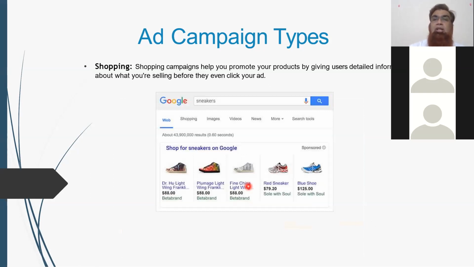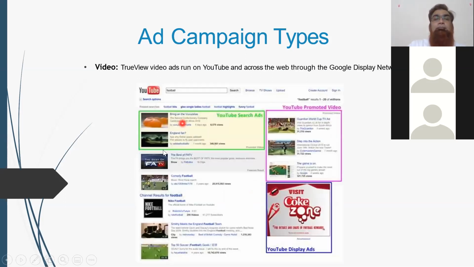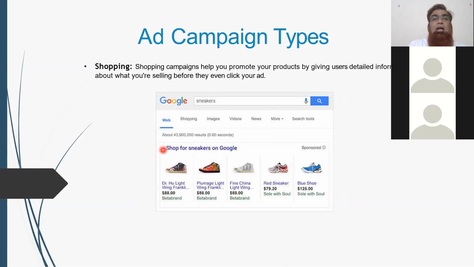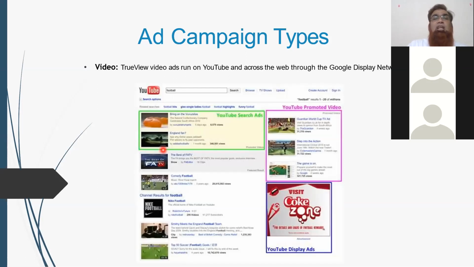Similarly, the third kind of ads is the shopping ad. You can create a shopping ad provided you have an e-commerce portal available. So you create an ad, and if someone clicks on it, it will take them to the shopping page of your website. If someone is searching for sneakers, these ads will also come, along with some listings of sneakers and text ads. This is a typical example of shopping. Now the next level of ads is basically YouTube ads.